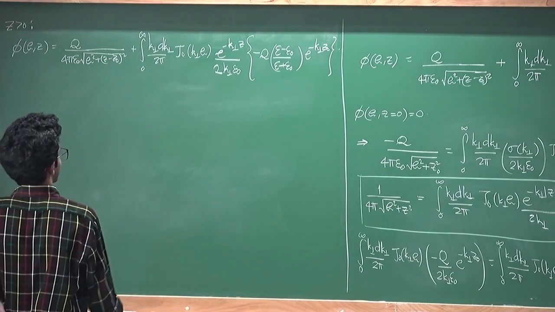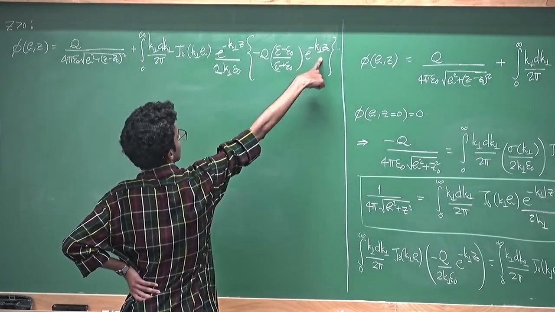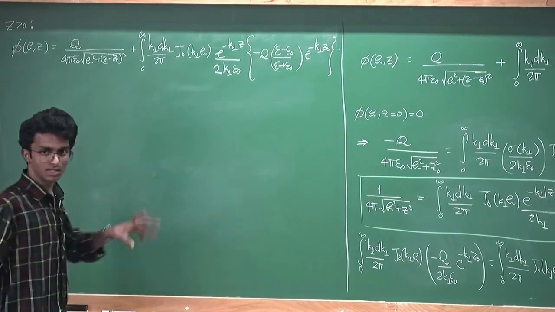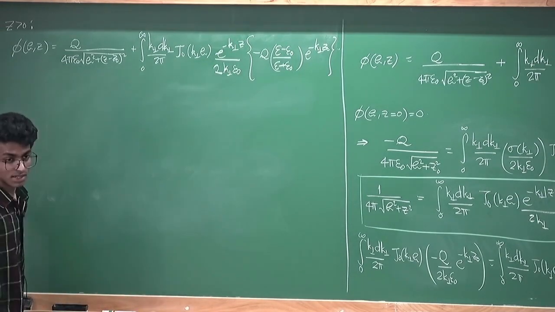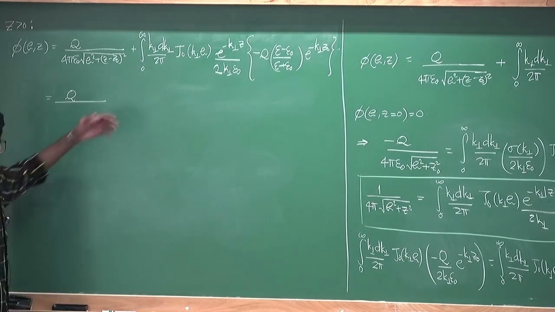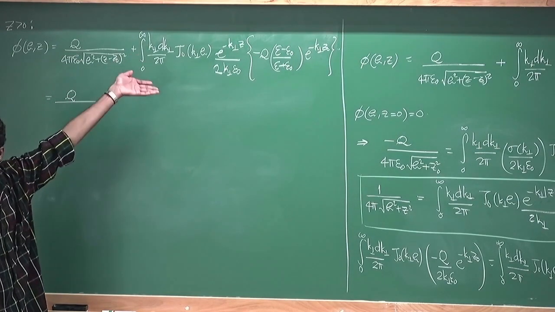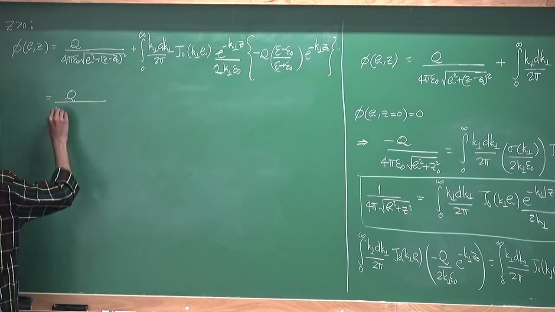Now what does that say? E to the minus k perpendicular z and e to the minus k perpendicular z naught just becomes e to the minus k perpendicular z plus z naught. You can put a mod if you want because you're in z greater than 0. So now again I will use the Hankel-transform representation of the Coulomb Green function to write this as